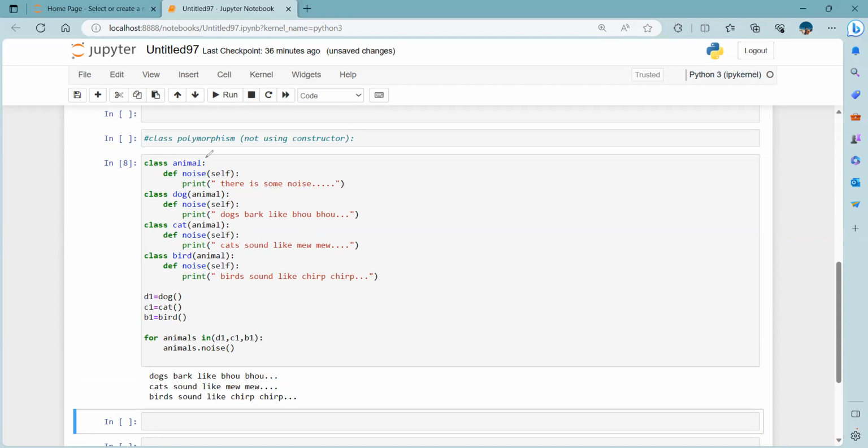How does it work? First of all, we create a parent class. Animal is the parent class and we name the method noise, and pass a message that there is some noise. Then we create another class, the child class of animal, like dog. Then the method name remains the same, because in polymorphism,